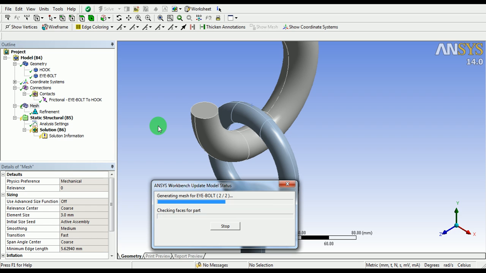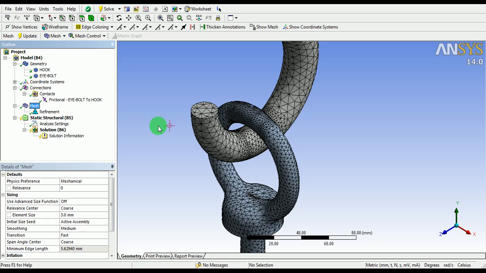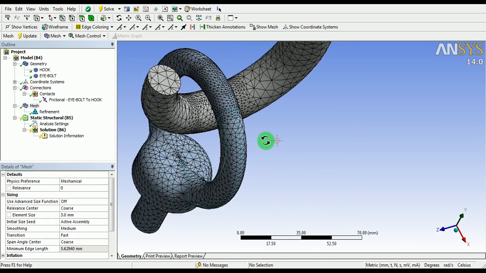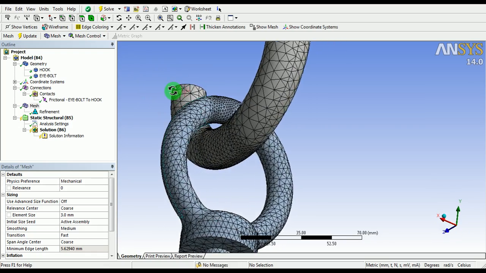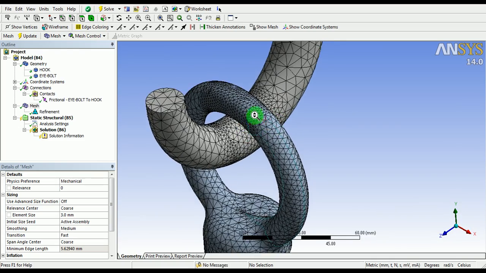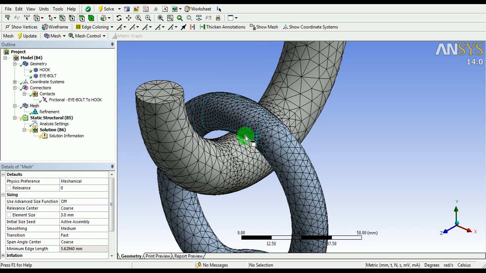The mesh is now updating with the given element size. Observe carefully that at the contact interface there is refinement in the elements. This refinement is usually done to detect the contact very smoothly. Refinement increases the number of elements at the contact region, hence increases the number of nodes, hence the possibility of contact identification is more.